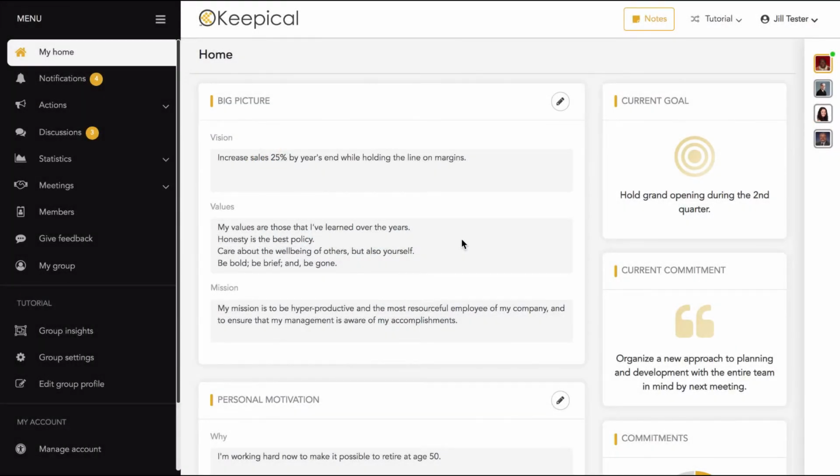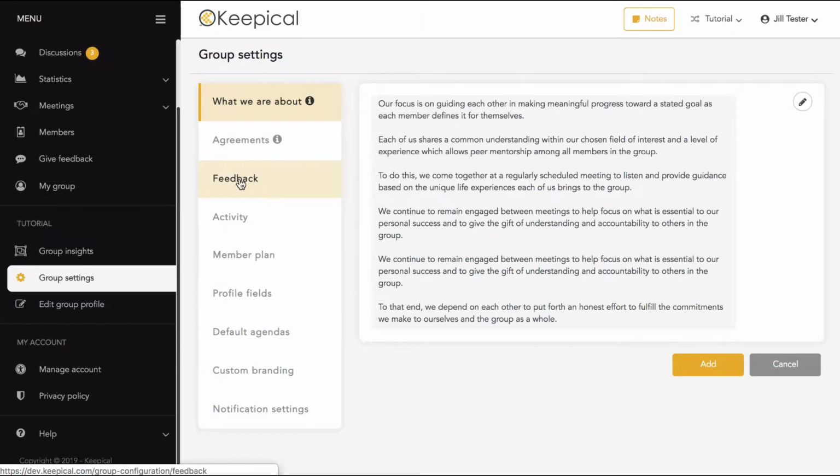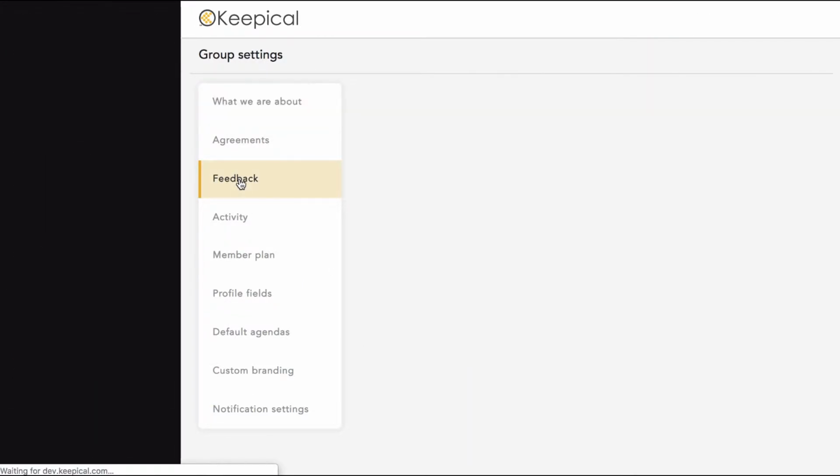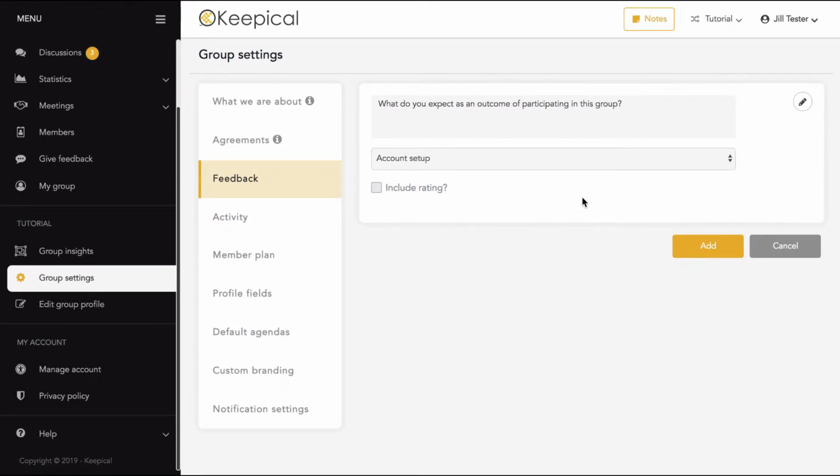Allow me to show you how to set up feedback questions on your dashboard. So in the main menu, select Group Settings, and then Sub-Navigation, select Feedback. There's one feedback question here already, and this is one that will be requested of the onboarding member during account